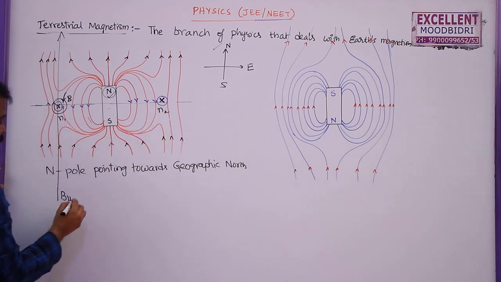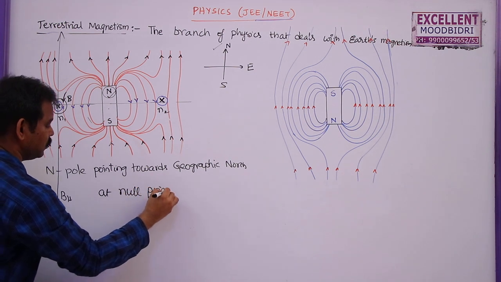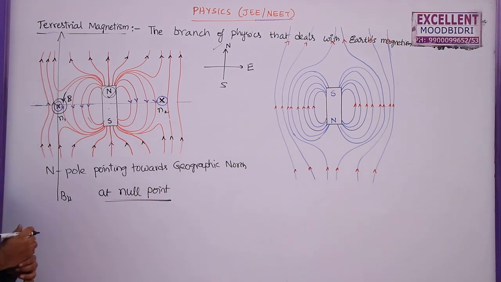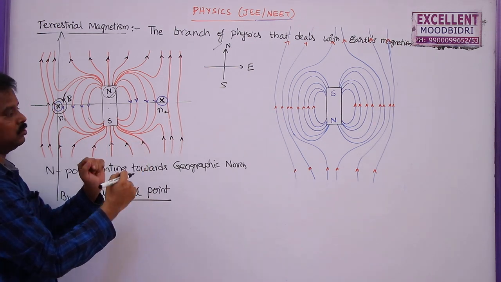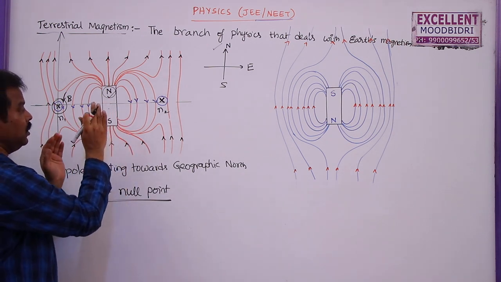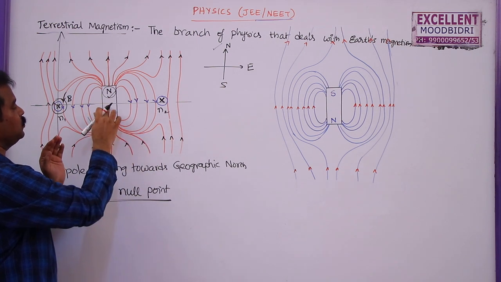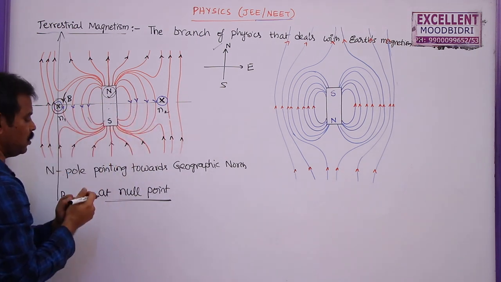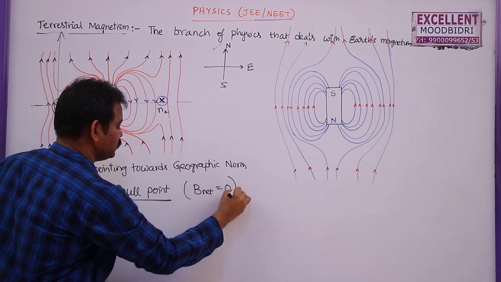So at this null point, or neutral point, we already discussed this in the previous lesson also. Between two straight current carrying conductors, a null point will be formed between these two, and between two charges also a null point will be formed. Between the combined field of the horizontal component of earth's magnetic field and this bar magnet, we will get null points on its equatorial line. So at a null point, the net magnetic field is always 0.